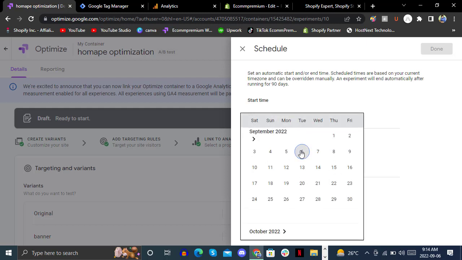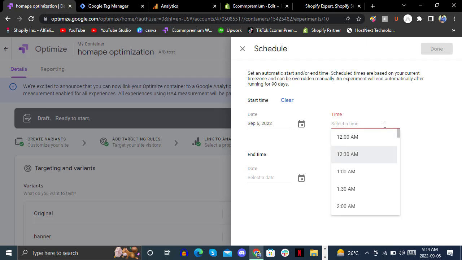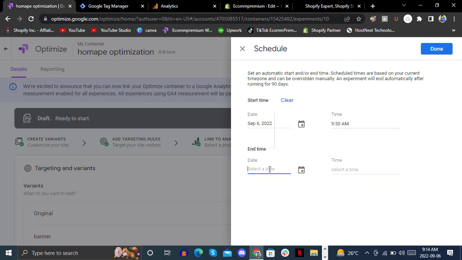Okay, start time should be 2 days 6 September and time should be 1 AM. 1 AM has gone, so we will be selecting time from now. It's 9:14 AM, so we are making it something like at least 10 AM, or you can also go with 9:30 AM, 15 minutes after this,